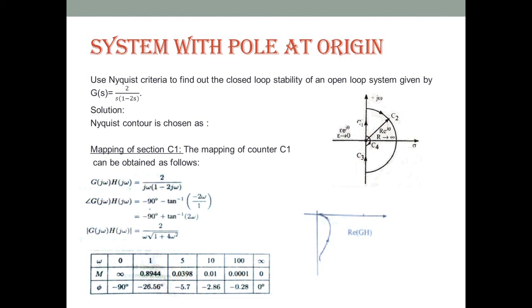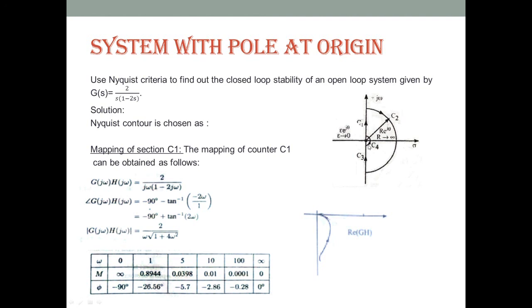So here there is no zero in the system, and the poles are located at s = 0 and s = +1/2. That means one pole is in the positive half, the right-hand side of the s-plane. One pole is there, so P is considered 1. Now, as there is a pole at the origin, we will consider the Nyquist contour like this with 4 sections,